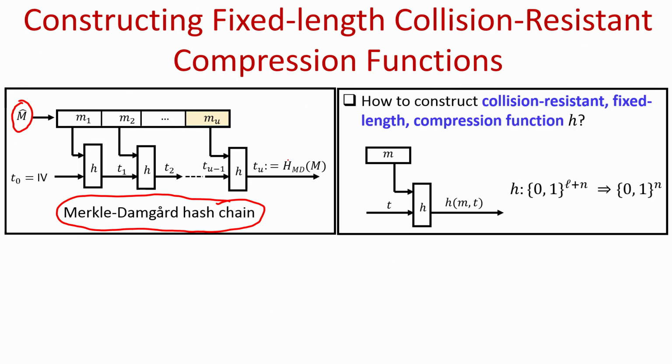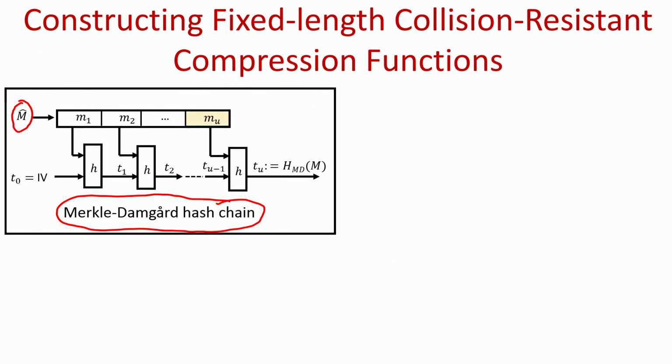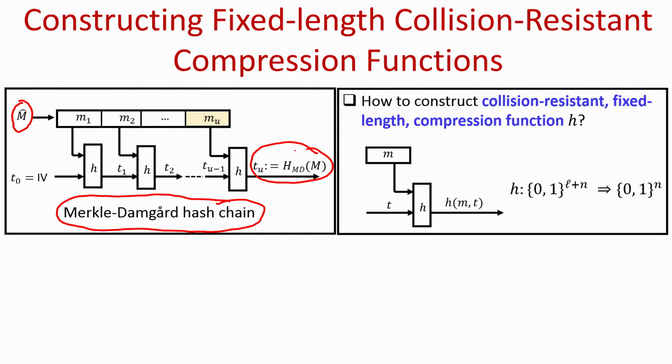We compute a hash chain where in each iteration we take the current block of the message and the output of the previous instance of the compression function, and then again apply an instance of the fixed size compression function. The overall output of the hash function is the output of the last instance of the compression function. We have proved that if the underlying compression function little h is collision resistant, meaning in polytime it is difficult to come up with a collision for the fixed size compression function, then the resultant hash function obtained by applying the Merkle-Damgard transformation is also collision resistant.